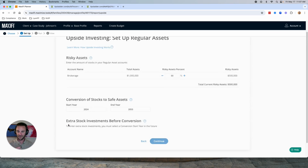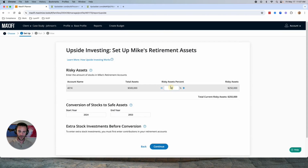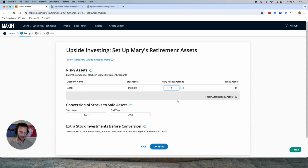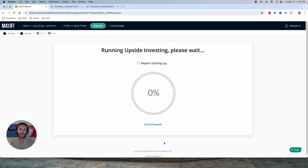If we click on upside investing here, I'm going to work through this quickly for better or worse. But let's first just gut check it. If we run the program, bear with me on this, I'm going to put all my money into TIPS. Really what I want to see here is the exact same thing that I just showed you in the base profile. So if I tell upside investing I'm actually going to put all my money in TIPS rather than a certain portion, which we'll do next,